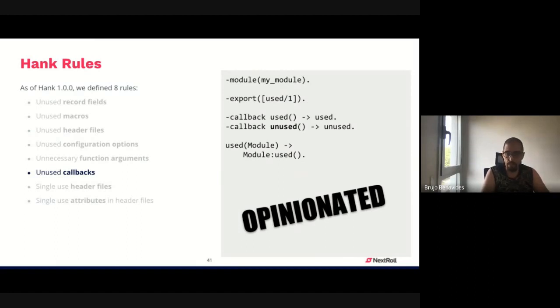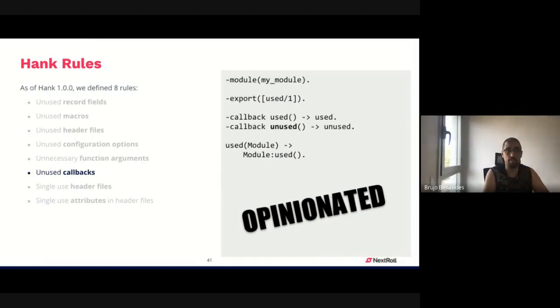But if you define your behaviors in this way, Hank will tell you where you have unused callbacks. All the rules are like this. They all have assumptions, and the assumptions are stated in the documentation for each rule. If that assumption is not met by your code, you can ignore the rule, and that's it. But if it's met, it will help you detect